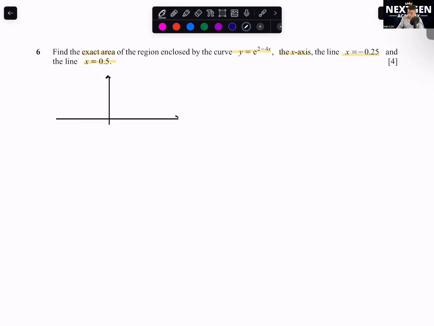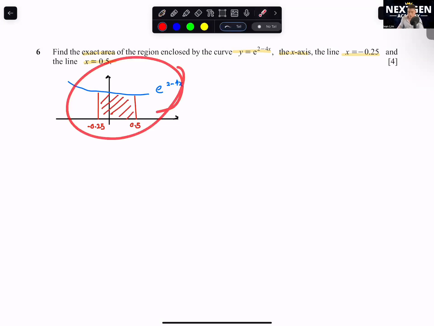So we have a graph, again, y equals e^(2 minus 4x). Again, I simply just sketch. Maybe it's something like that. They say we want to find area enclosed with the x-axis at the bottom, negative 0.25, then here 0.5. We want to find this area here. So in simple terms, just go and integrate this, because to find area under the graph, you just need to integrate it. So integrate from negative 0.25 to 0.5,